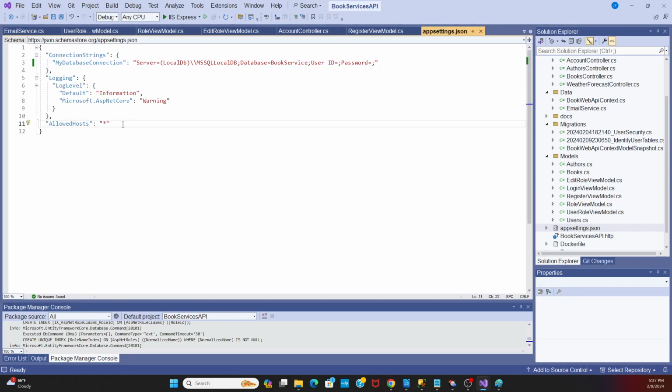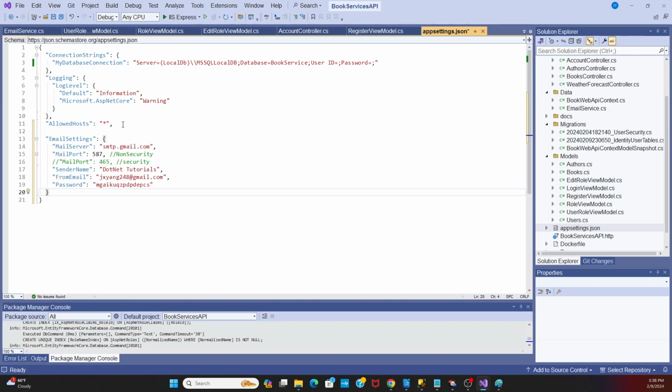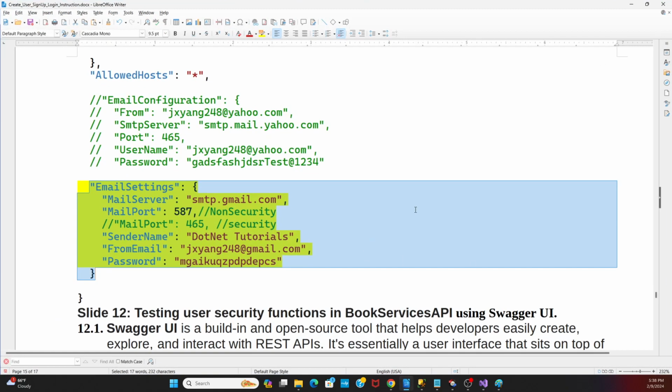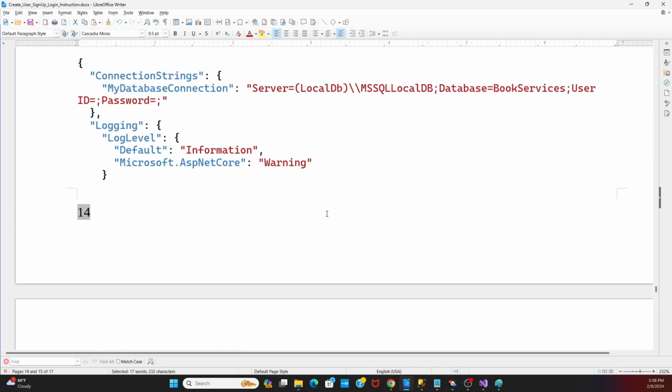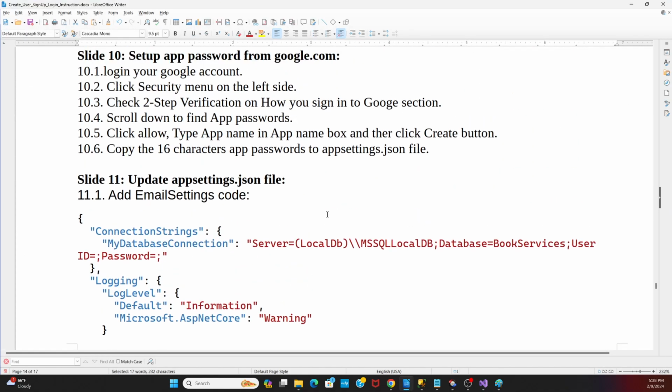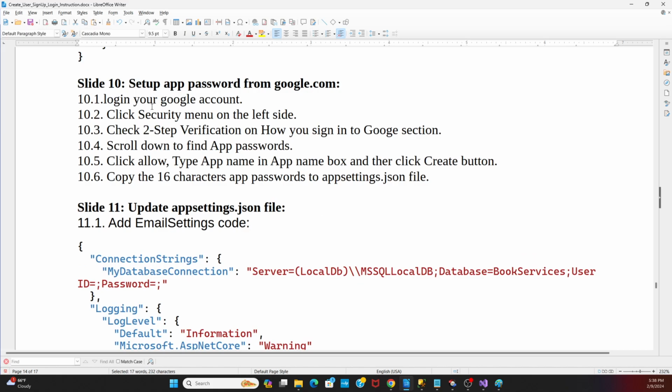Okay, I copy here. Before that we have another thing. We need to set up